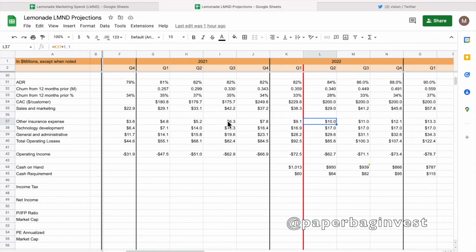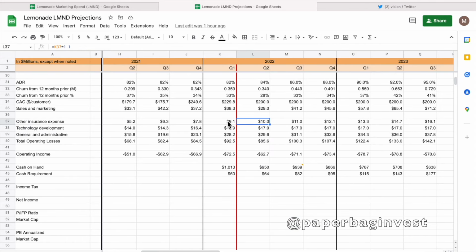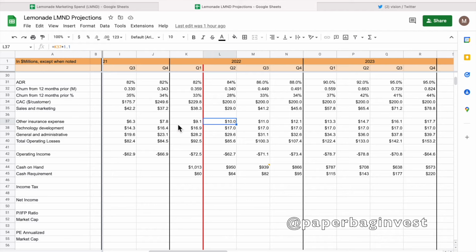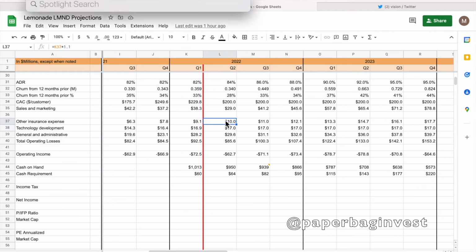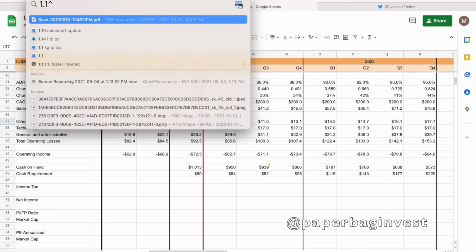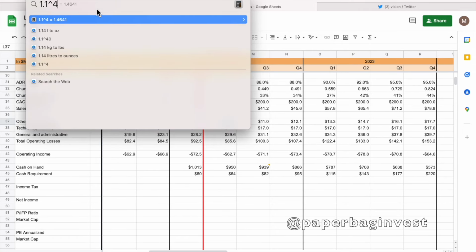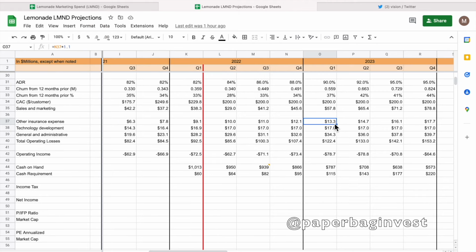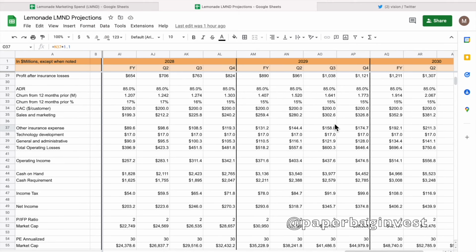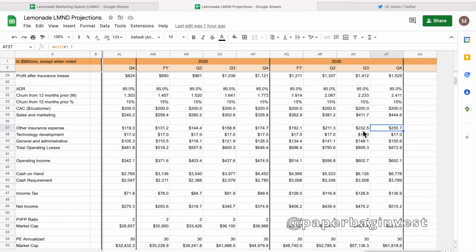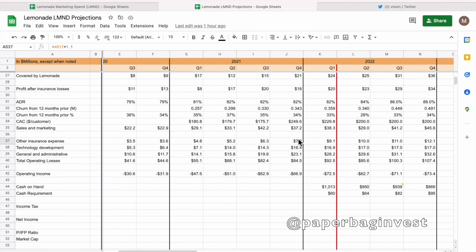Other insurance expenses are offset by a portion of ceded commission income, which represents reimbursement of successful acquisition costs related to the underlying policies. So I've got to admit, I wasn't really sure how to forecast that going forward, with a slew of different possible expenses under other insurance expenses. But I used 10% quarter over quarter, which is actually a pretty big jump, going indefinitely into the future. That's 46% per year. So I just used that all the way going forward. Maybe that's too low, maybe that's too high. But that's what I used for other insurance expense going forward.